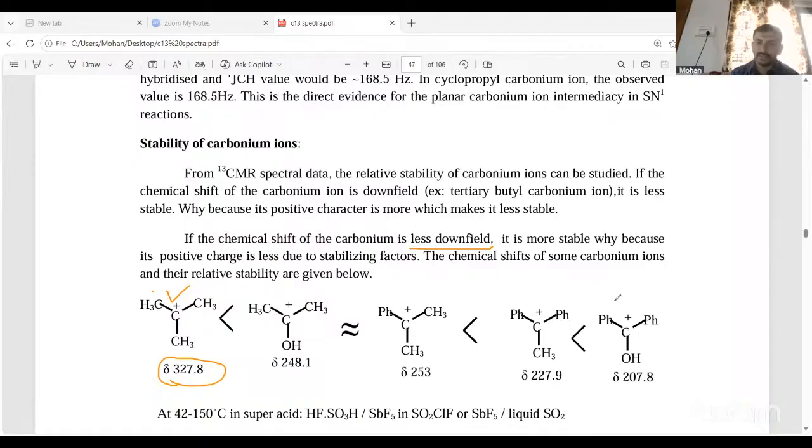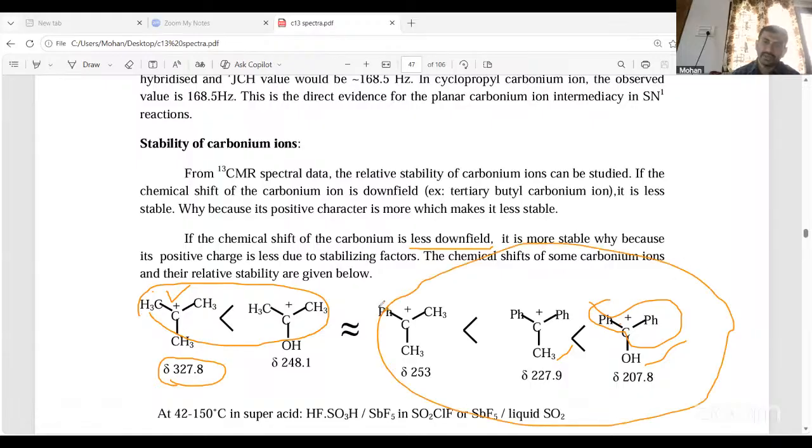And then here is the phenolic carbocation, right? So the benzyl carbocation is there. Now you see the benzyl carbocation, and here also a methyl is there, and here a hydroxy is there, and here only methyl groups are there. In this one you can see only the methyl groups, but in this one you can see the attachment of the phenyl groups, right? So wherever the phenyl group, the benzene group, is there,